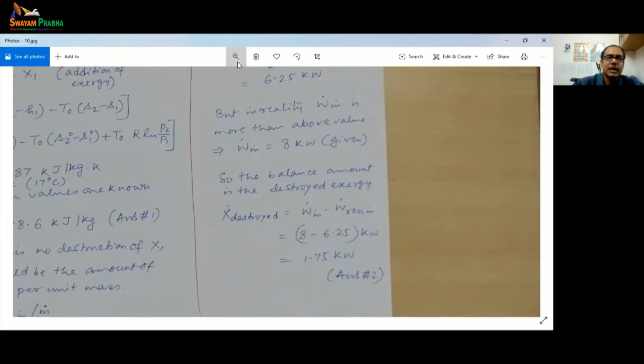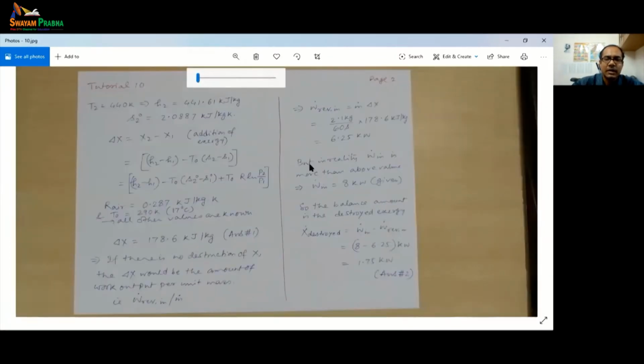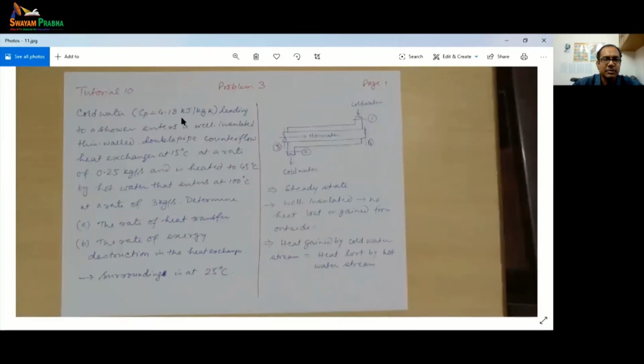Okay, so this is a flow system that we have taken, and there were two things that were asked. What was the exergy change in the system as it goes through the compressor, and what is the rate of exergy destruction in the compressor. So both of them we have found out. Okay, so now let's take the next problem,